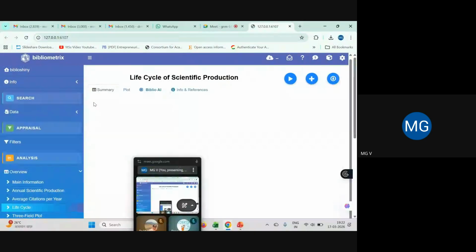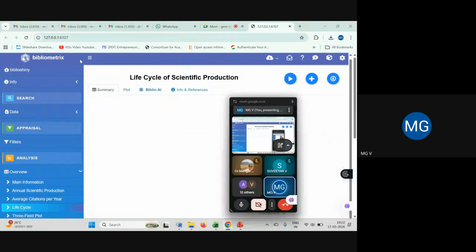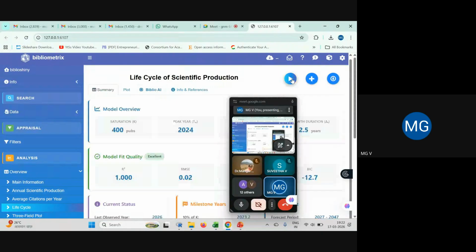Now see, summary, plot, if some data is there. Now how to get this information? Another important command that you want to note down in using this software is this button. You have to click this button to generate the output every time. Clear? You need not upload data again and again, you have to upload data once only, but to obtain information on various parameters related to your study, every time you have to click on this button, the play button you can say, right? So that you get the information.